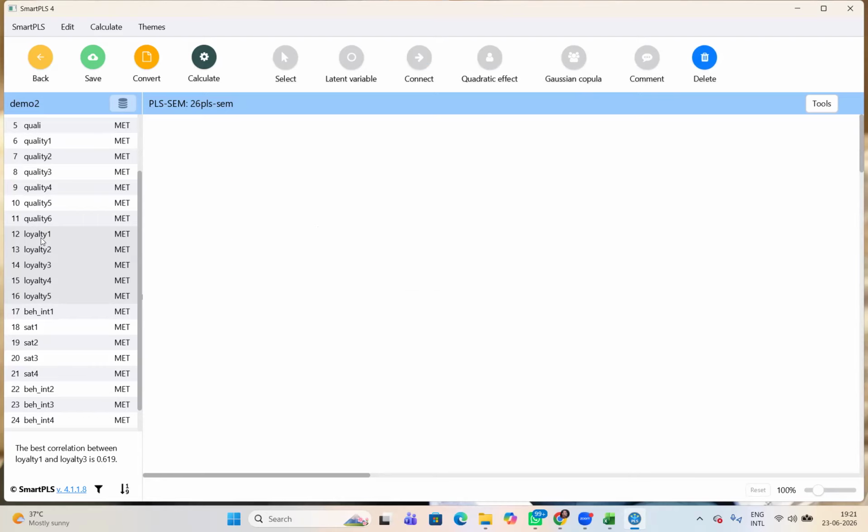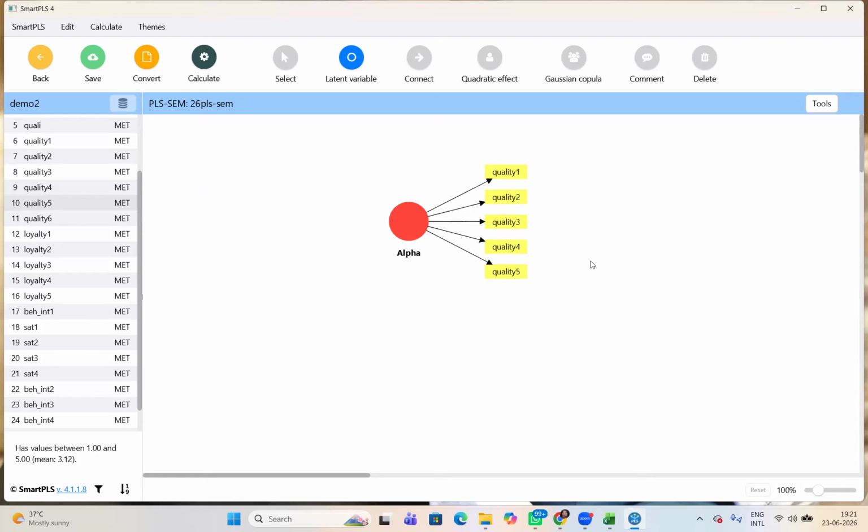Okay, one way is just take one indicator. For example, if you are not doing it my way, simply you can create a latent variable here by entering and you put the indicators one by one here: 1, 2, 3, 4. This is the manual way. Getting my point?